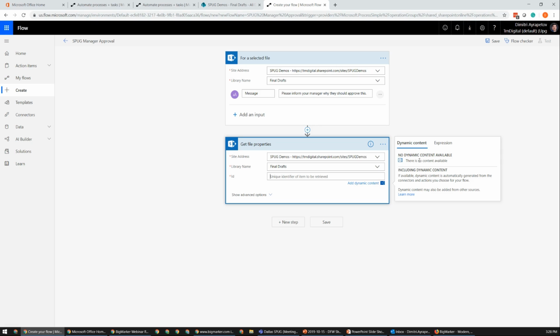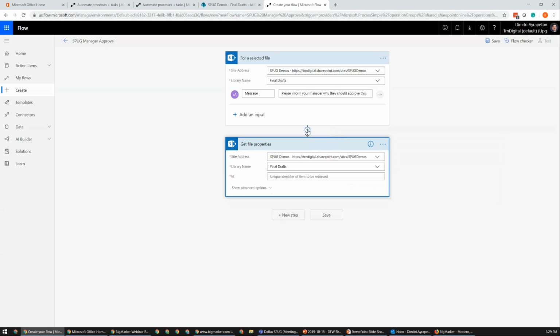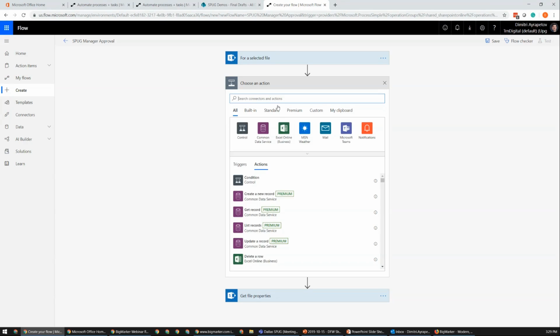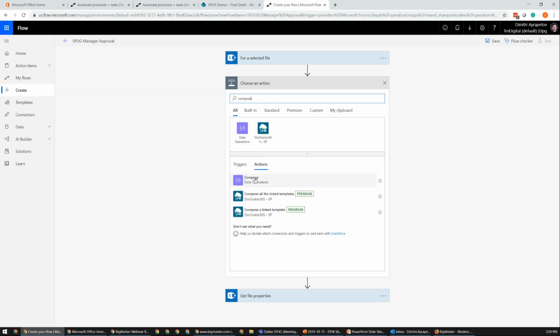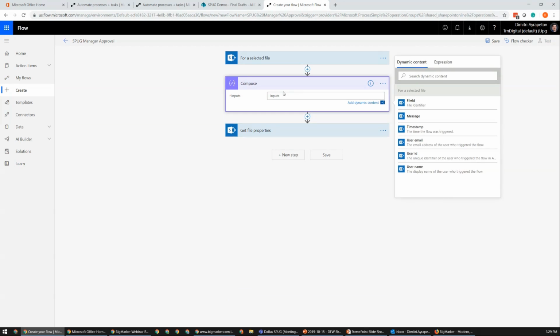Now, unfortunately, sometimes this doesn't work as expected. Sometimes the data type that is returned by a previous step is, let's say, a number in the case of an ID, whereas another step might require a string. So to be able to address this, we're going to add one more action above here. And this action is something called the compose action. The compose action essentially takes a data type and converts it into a way that could be usable with other data types. There's a little bit of voodoo magic behind the scenes for how this actually works, but we found this to be very useful.